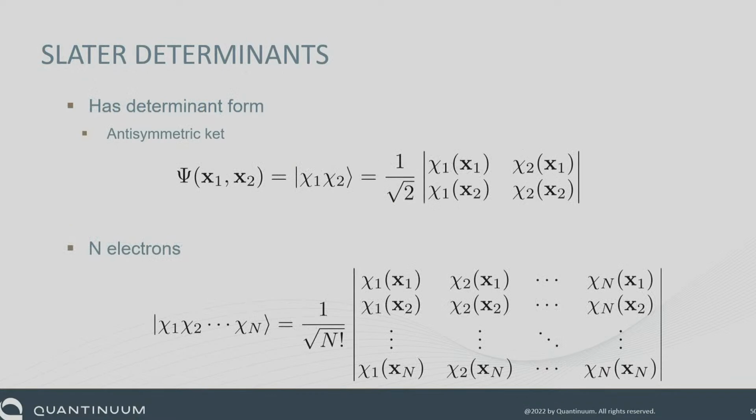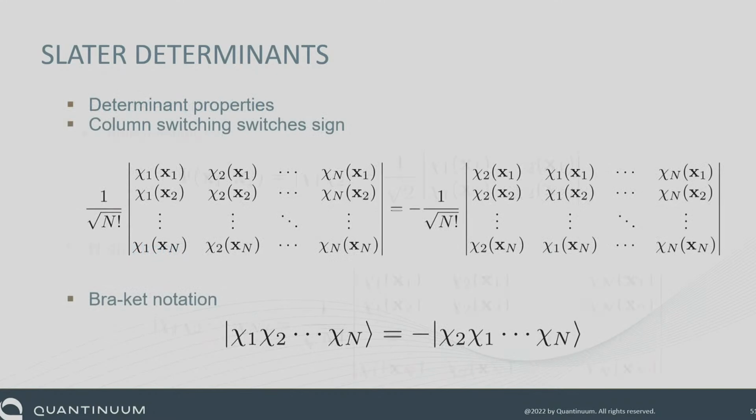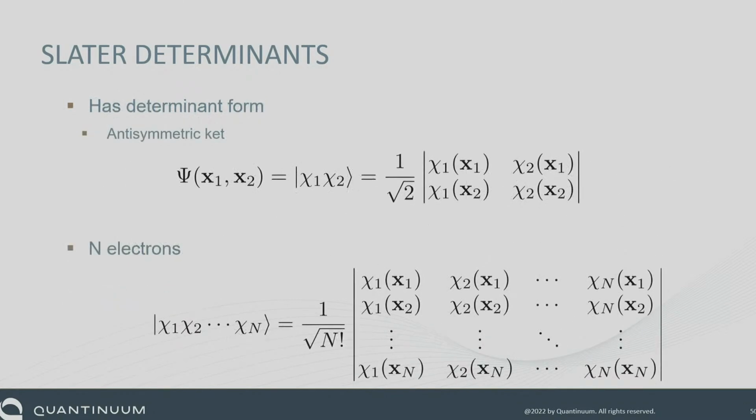And that very neatly can be expressed as a determinant. So if you take the determinant of this, you'll then get this, and you get the equation from the previous slide. And then we represent it compactly as this ket. So the ket contains the antisymmetry here. Now this generalizes to n electrons, or n spin orbitals,